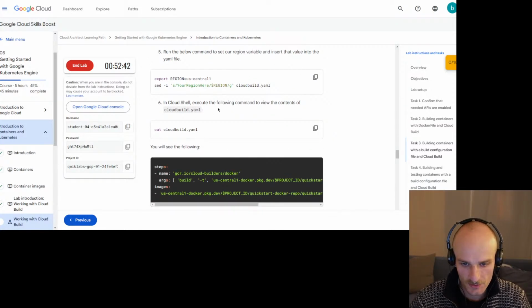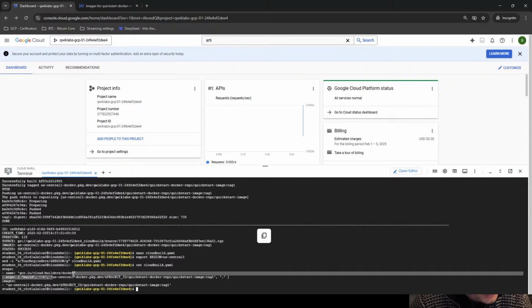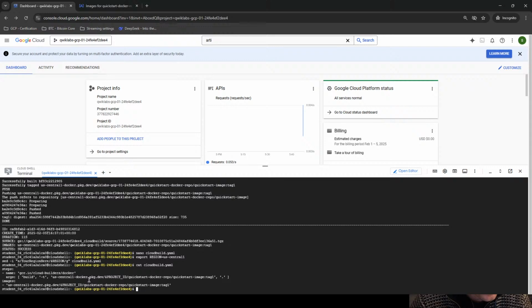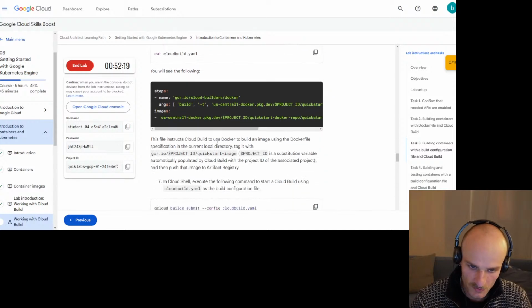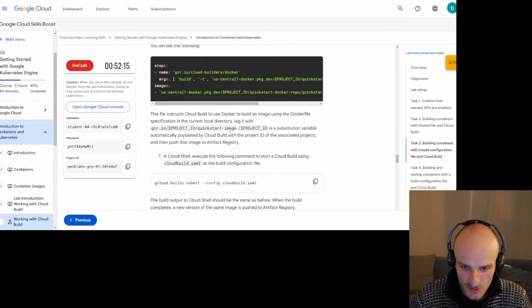In Cloud Shell, execute the following command to view the contents of cloudbuild.yaml. Okay, so now we should see. Perfect. So you can write things like regional locations in files using variables, environment variables from the console. Wow. This file instructs Cloud Build to use Docker to build an image using the Dockerfile specification in the current local directory. Tag it with